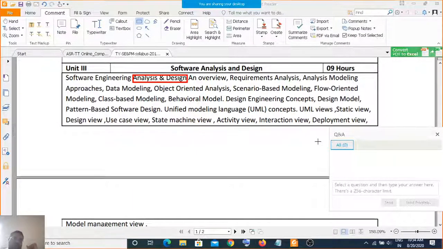If you go for the edible, what is the analysis? Suppose a farmer comes to you, and consider you are an agriculture specialist and the farmer is your customer, and the farmer says he wants to sow some particular type of crop. Let's say he wants to sow cotton in his land. Your first question will be what is the pH value of your land, because the pH value of land decides whether the crop is going to grow properly or not.